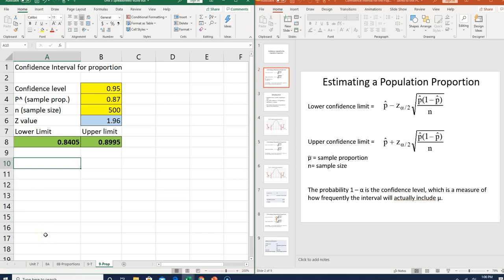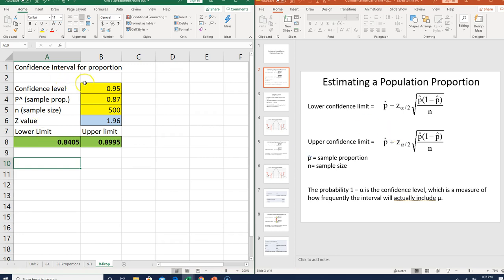Let's go ahead and build the spreadsheet for the confidence interval for the population proportion. So the first thing you need to do is open up that video, the LA video that shows you the formula. What we really need to do here is take these two formulas, it's the same formula, the minus and the plus, and just put them into Excel, okay? You've got to watch this video probably a few times before you understand it, but that's all we